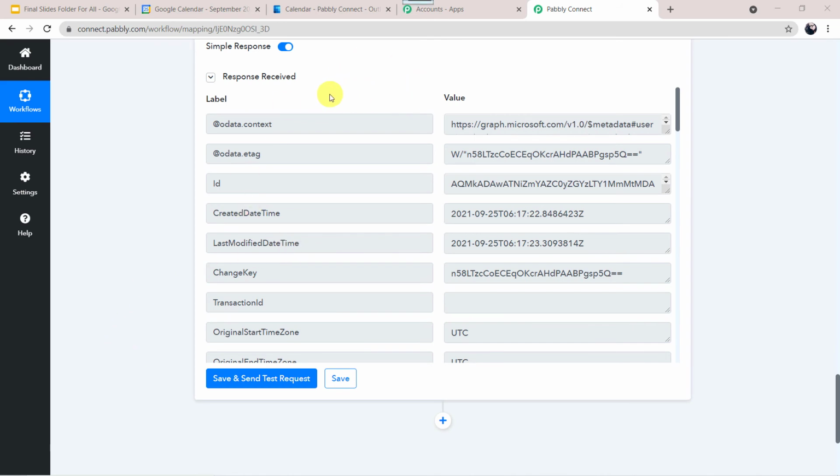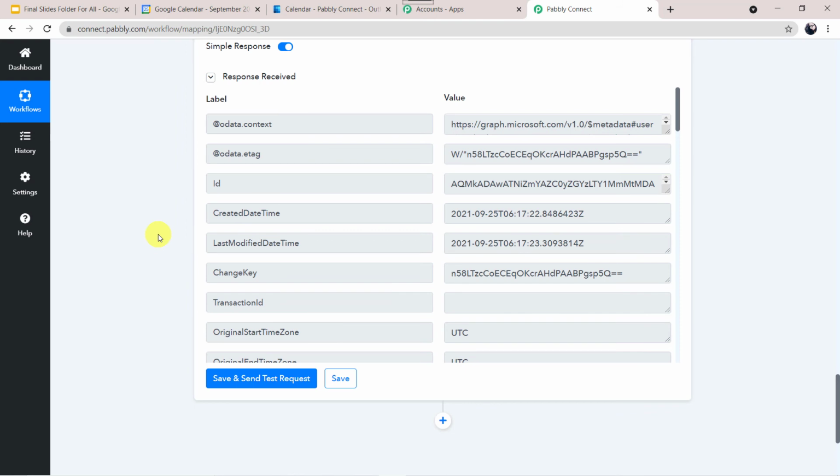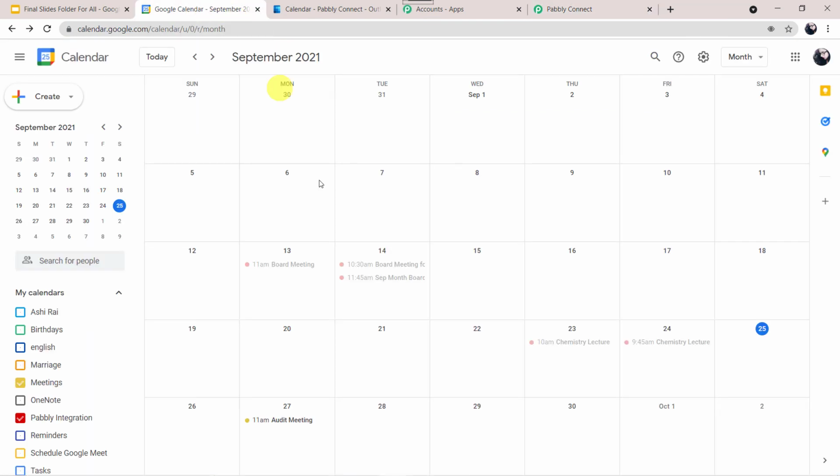Okay. Now let us move to Google, Microsoft Exchange and check whether we have received some details over here or not. Yes, we can see the same meeting is arranged 2 times over here. This was the one which I have already shown you in my example. And this is the new one, which we have created from our integration. Okay. Now let us check this in real time by going to Google Calendar.